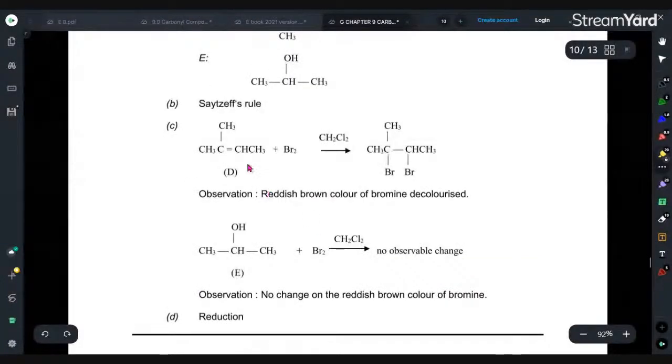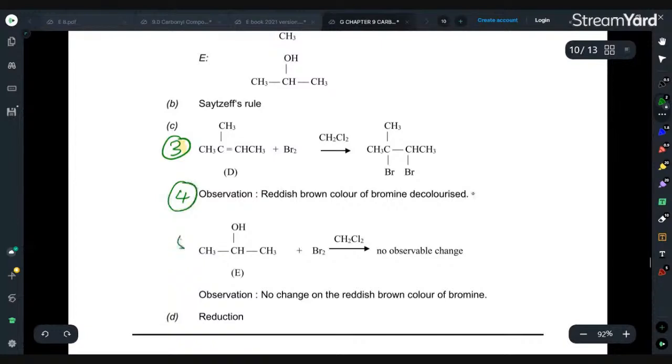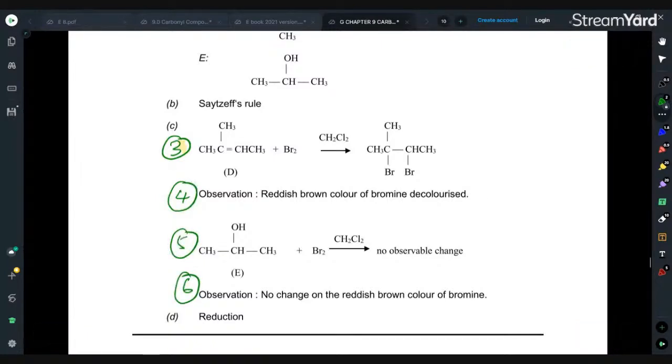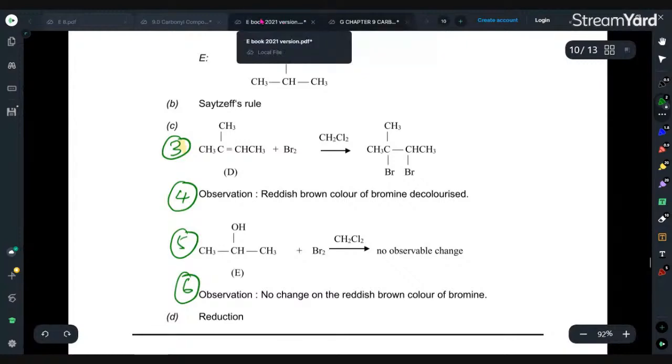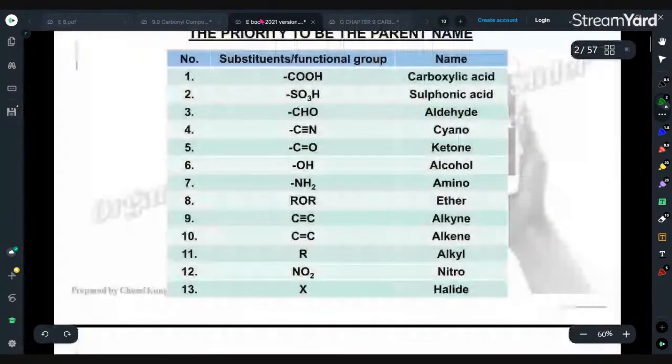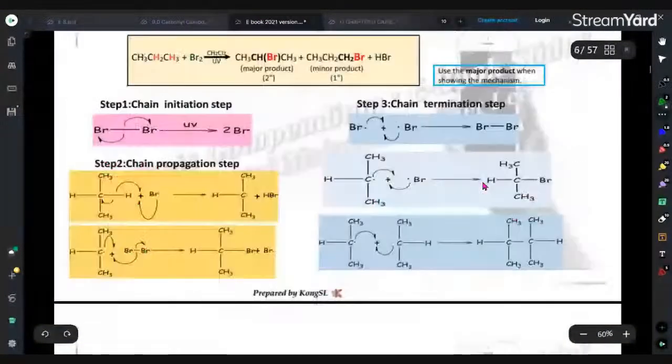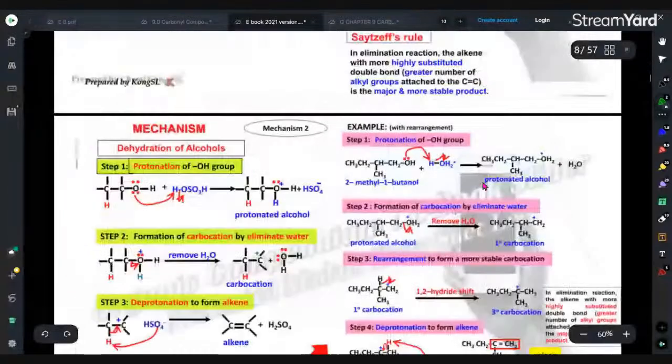Observation. This question I answer with equation one, observation one, equation two, observation two. But it didn't mention the test, so you had better follow us. Remember how to write down the bromine test. You cannot write down bromine test. Bromine test we write as